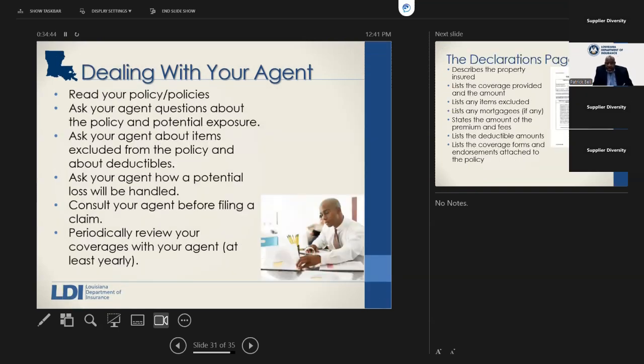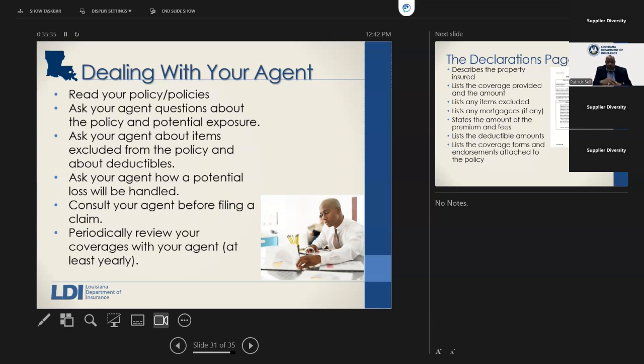Read your policy or policies. Ask your agent questions about the policy and any potential exposures that you may have. Ask your agent about items that are excluded from the policy and about deductibles. Those are two areas where people are surprised the most, when they find out something is excluded or what the deductible is. And particularly with commercial property, the deductible on a commercial property policy for hurricanes and those types of storms may be 3% of the insured value or 5% of the insured value. So let's take, for example, that you have a building that's insured for $200,000. A 5% deductible on a